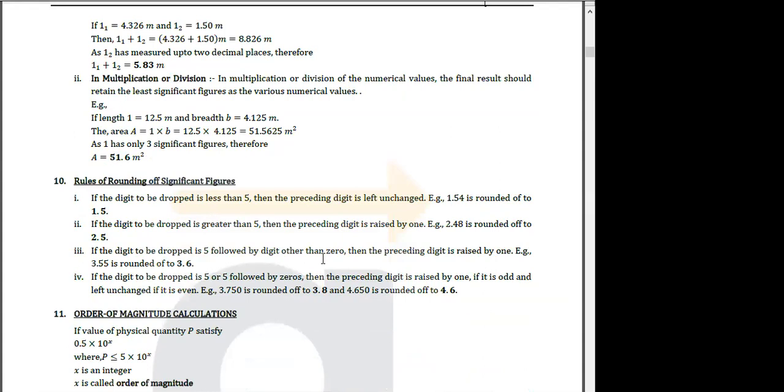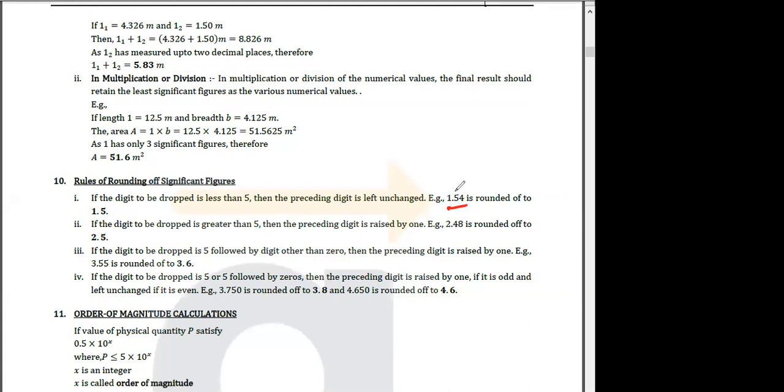So we already know a bit about rounding off. We know more or less how to round off the digits, depending on the position and what is the number after that digit. Now let me ask you this. Let us take a problem. For example, if you have to round off to two decimal digits, it is